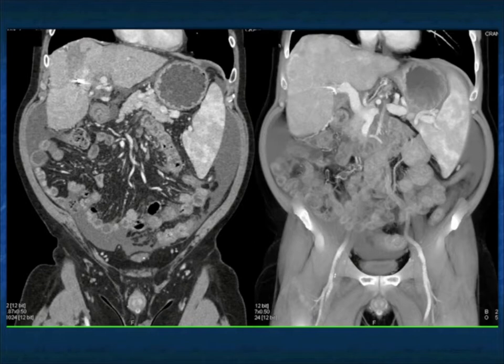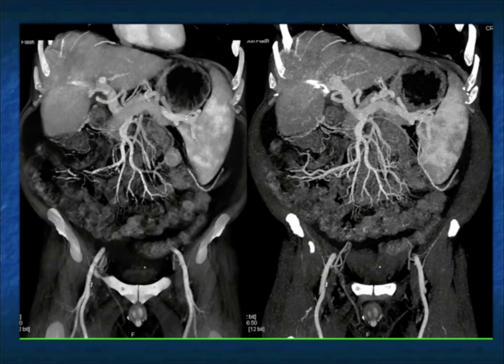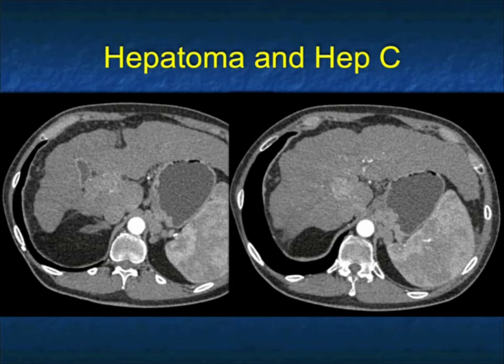They often have ascites, so you need to be careful and not call simply ascites carcinomatosis. And again, here's a few more views showing you the portal vein, the SMV, and the vascular mapping. Another patient, severe cirrhotic changes, the liver is small and nodular, and you see by the caudate lobe there's